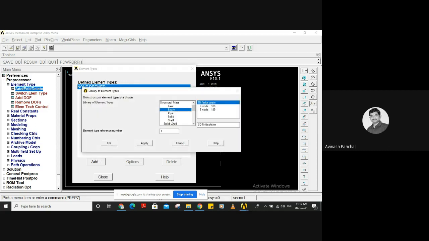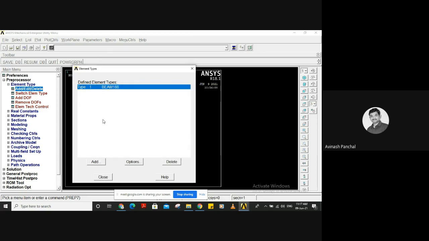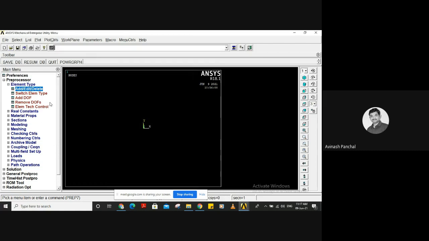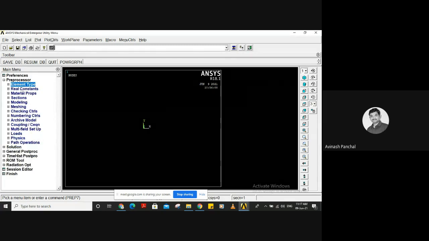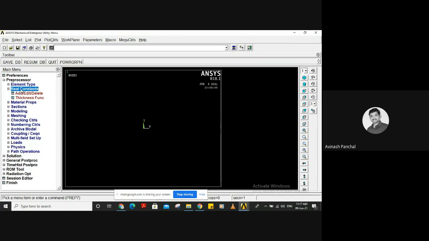Again we can add this, click on OK, it will be added over here. Don't add multiple elements for a single component or isotropic objects. Okay, so close here. Then go to real constants, the next step. Here we don't need to give the real constants for the beam element.